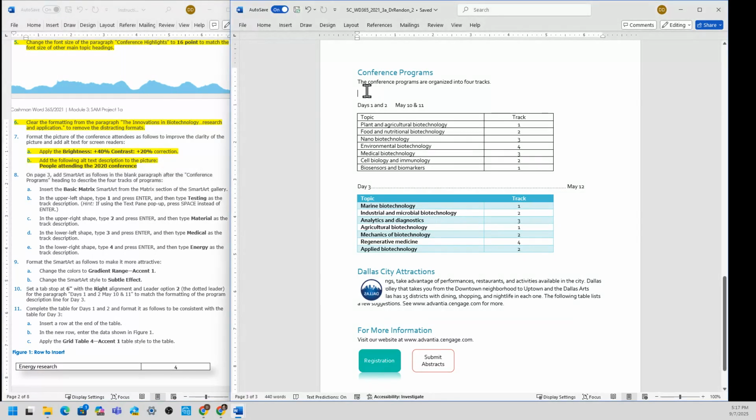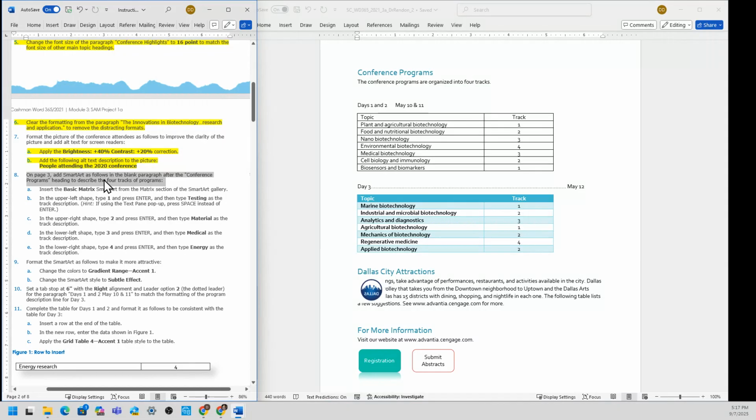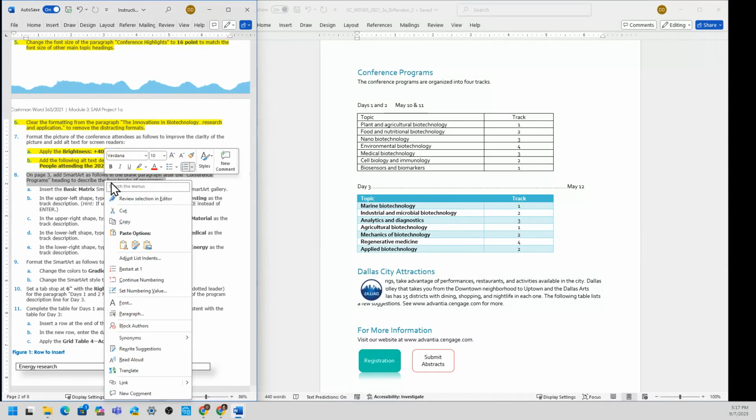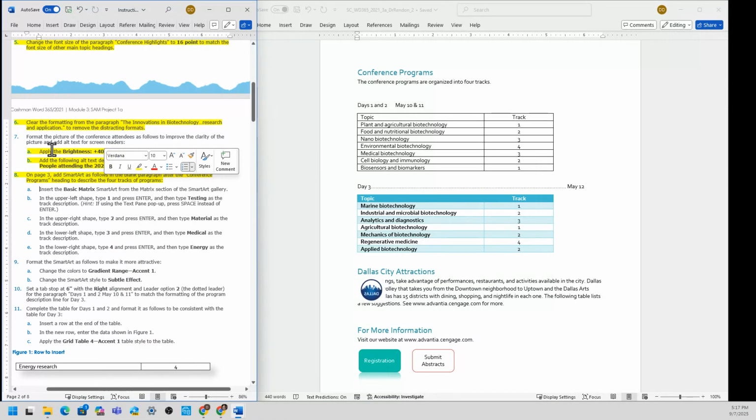So there is a blank paragraph here on the conference program, and the first one would be insert the basic matrix smart art from the matrix section, and then in the upper left shape, I'm going to type 1, then testing.